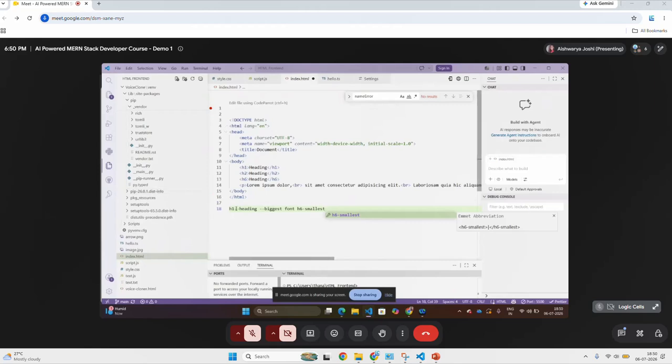It goes in descending order, wherein H1 is the biggest and H6 is the smallest. We use this whenever we want to give a heading. Next, we have seen the paragraph tag. Whenever you want to write a paragraph, we use this, and it is represented with P.